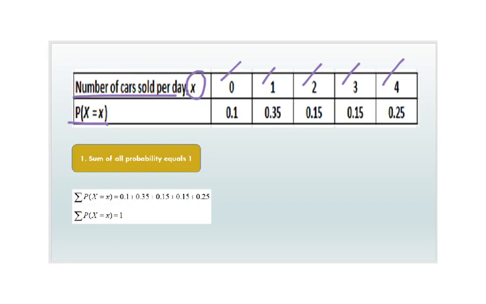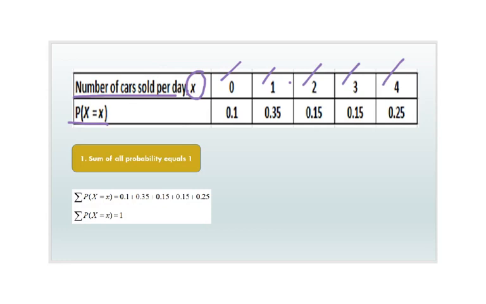So let's say for 0, 0.1 means that in all the day, if you cannot sell the car, it means that the probability of you cannot sell any of the car is 0.1. And for number 1, 0.35. So 0.35 means that the probability or the chances of you can sell in a day only 1 car